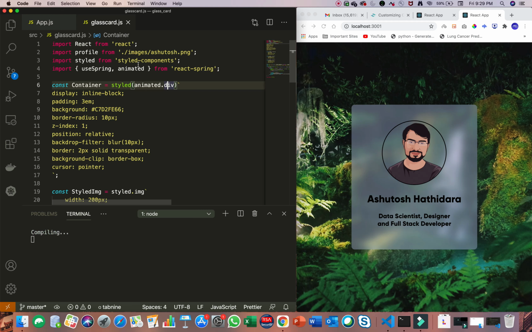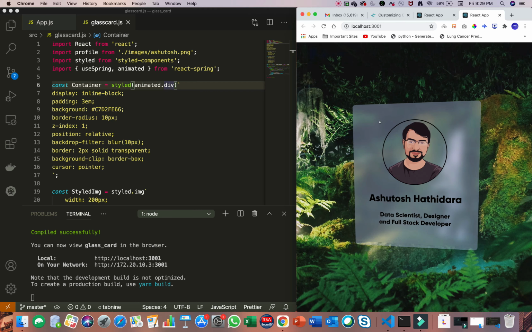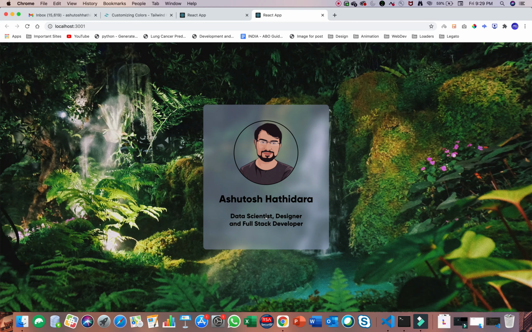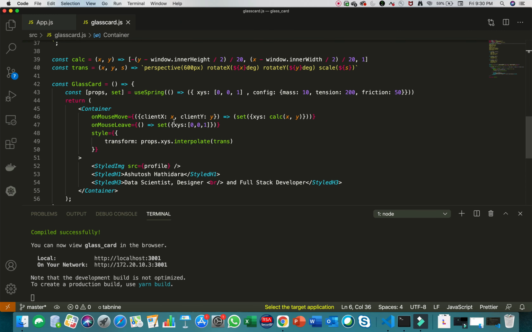Now if you save your file, go back to the page, and hover over it, you will see this beautiful effect coming into picture on your website. Let me make it full screen, and now if you hover over the card, the animation is perfect. So this is a basic example of how you can create a glassmorphism card, and how you can animate it using React Spring. You can also change these parameters like mass, tension and friction based on hit and trial and whatever you want.